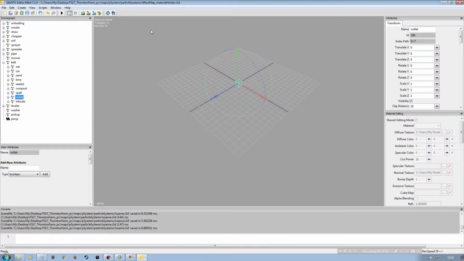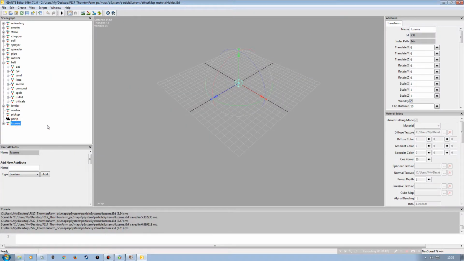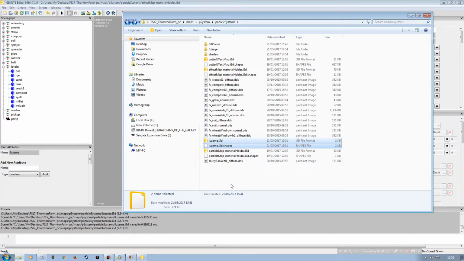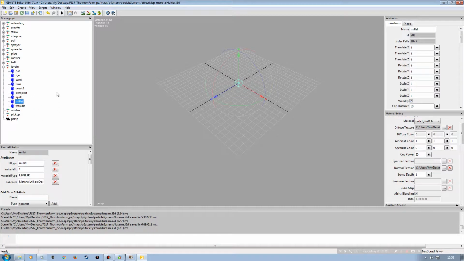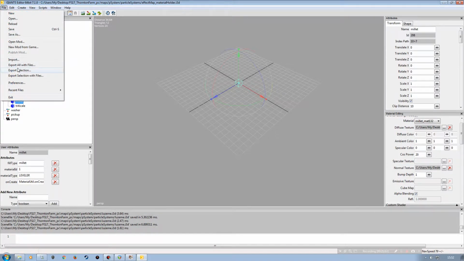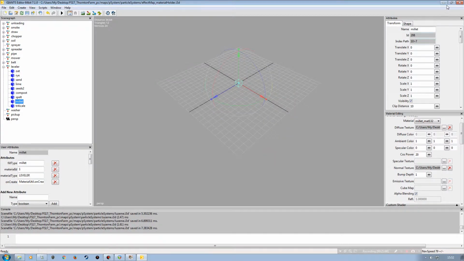Go back into our material holder for effect map, file, import, double click on the Luzerne, highlight in the scenegraph, Control X, belt, Control V, paste it in. Done. Then we need to come down to our leveler. So again we need to delete the i3D and i3D shapes for Luzerne. Come back over, we'll choose millet again, file, export selection, put in our Luzerne, save, minimize,